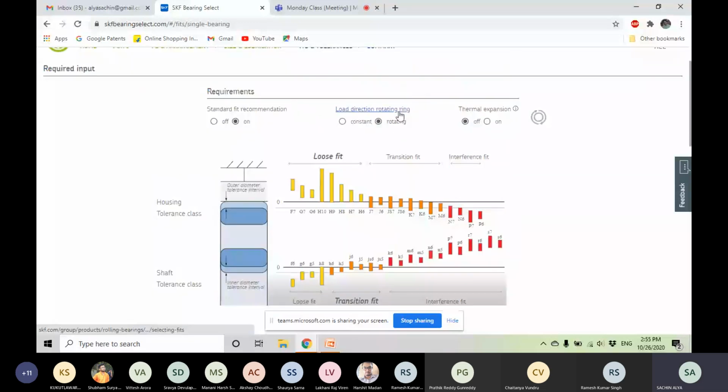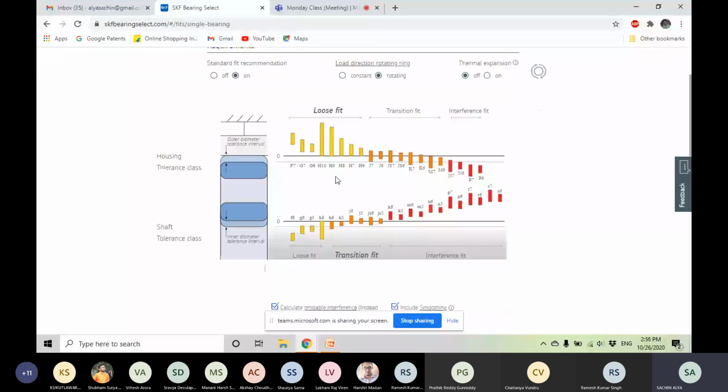Then it asks, do we want to have thermal expansion on or off? As we have not defined very high temperature, we will keep it off. So they suggest that you go for housing as a loose fit, and the shaft as a transition fit. So they suggest which fit you should use for the particular operation.